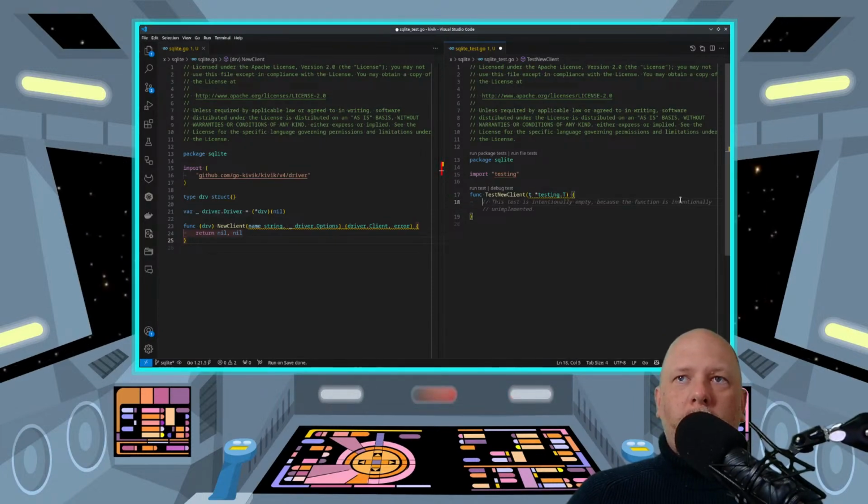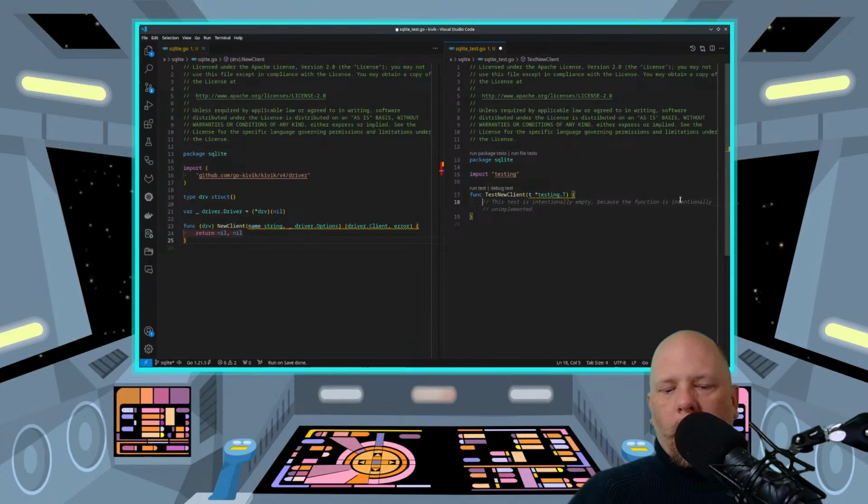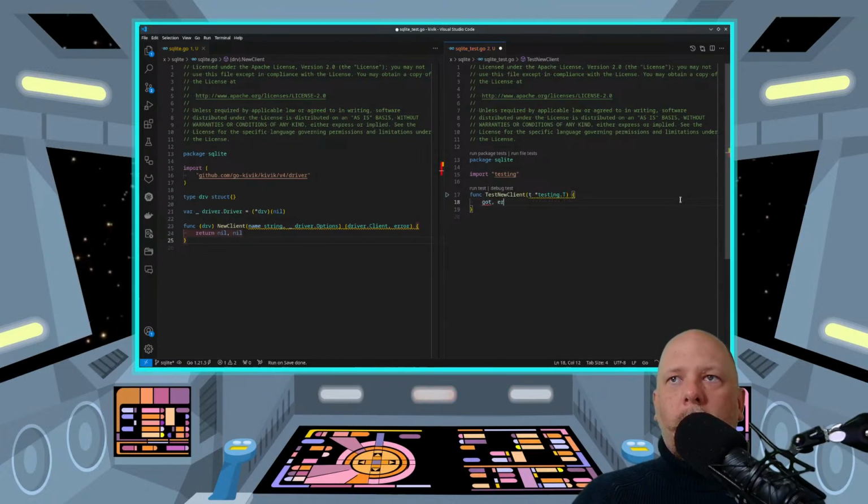Basically what I want is, what should be my first use case here? Probably that I get a non-nil response back, right? Let's do client, err equals